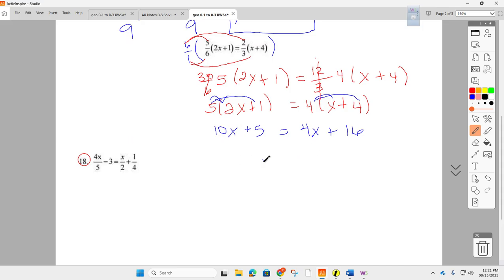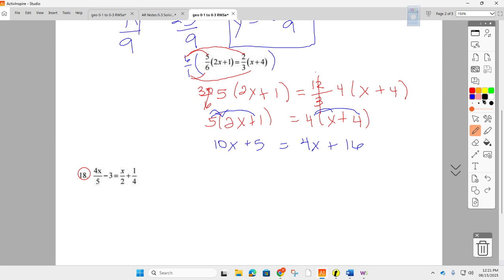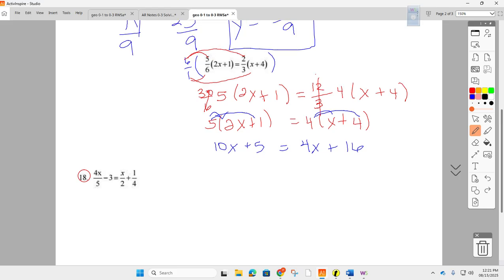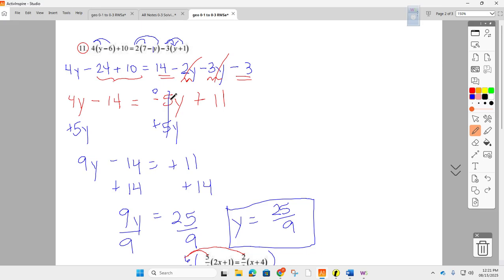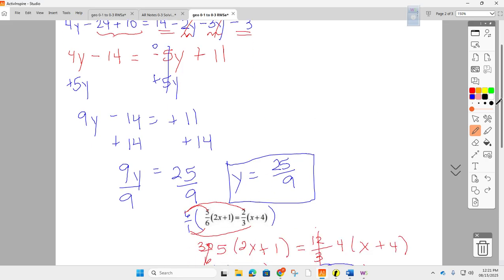What do you think, Corey? Any idea? Looking at the 4x and the 10x, right? Well, up here to get them on the same side, let's remind you what we did. Up here to get them on the same side, we add the opposite of the smallest one. The opposite of negative 5y is positive 5y, right? So down here,